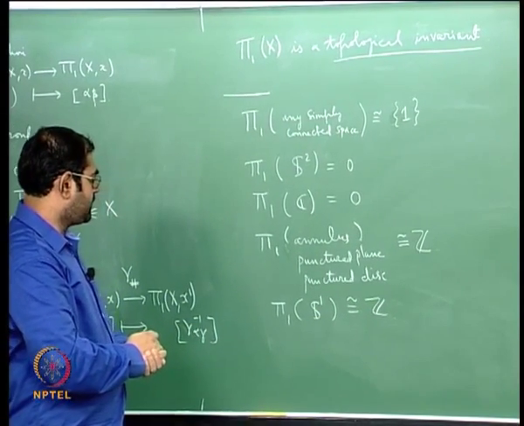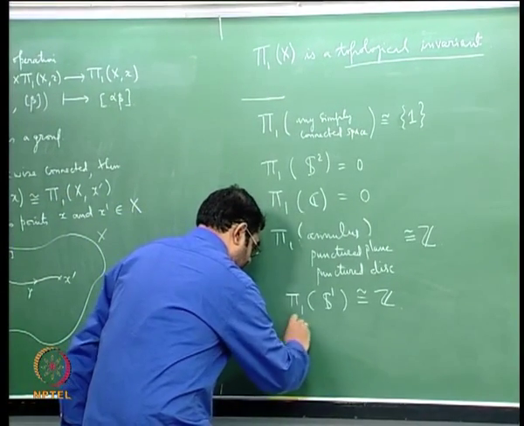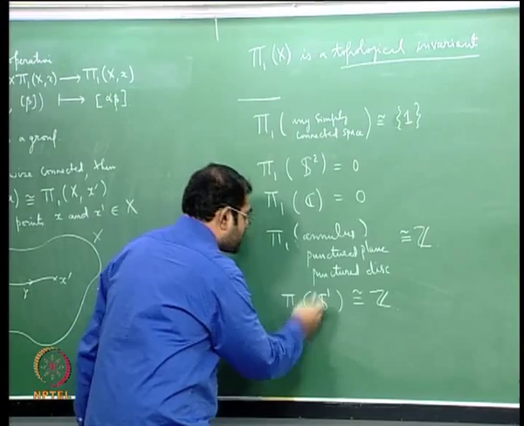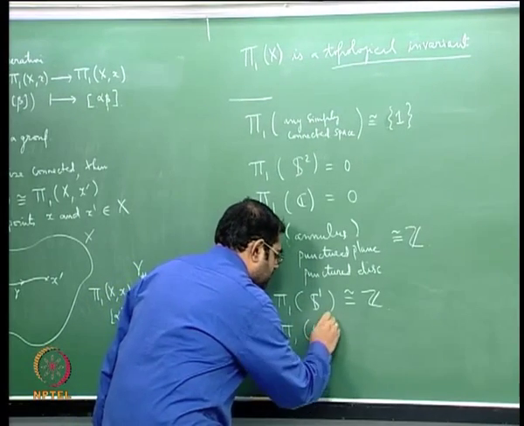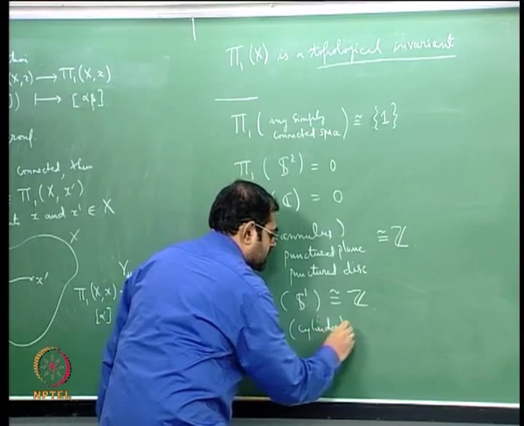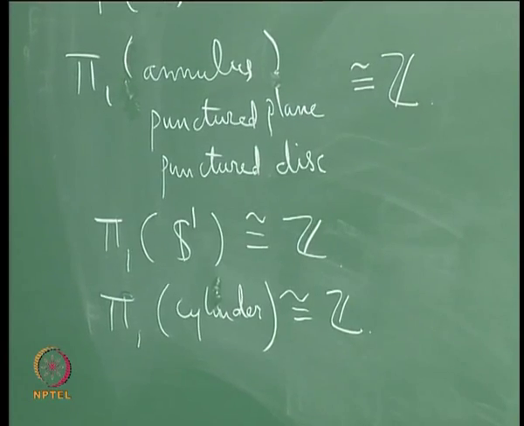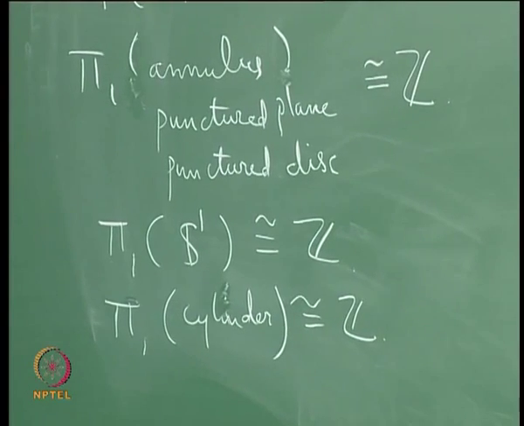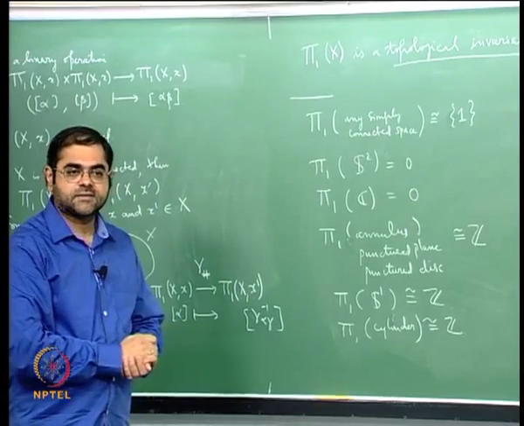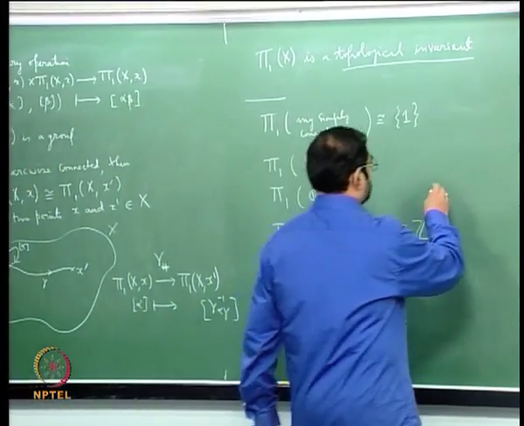And of course this is also the same as pi 1 of a cylinder, that's also going to be Z, okay. Then you can see that if you take a torus, pi 1 will be Z cross Z, or Z direct sum Z. So let me write that down,